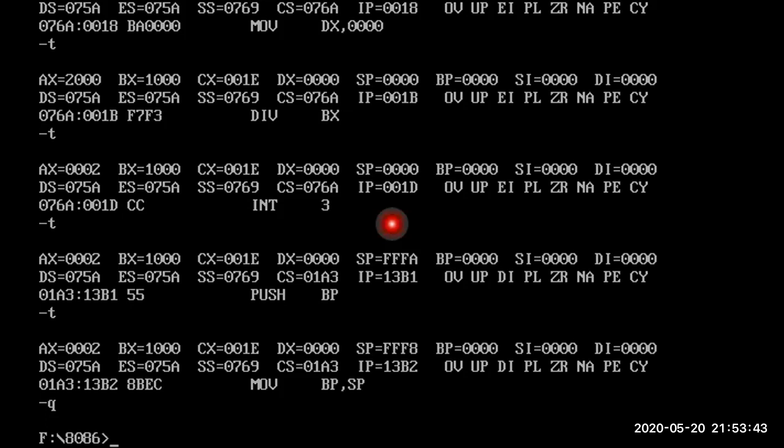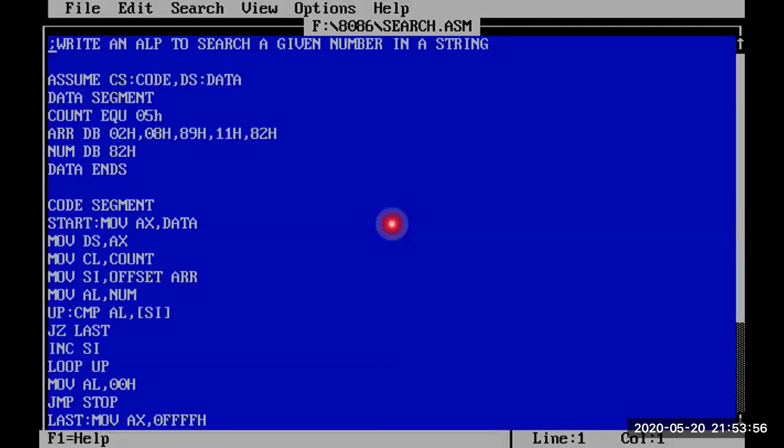Okay, next programming. Suppose you want to do searching of a number: edit search.asm. This is the program to search a given number in a string.